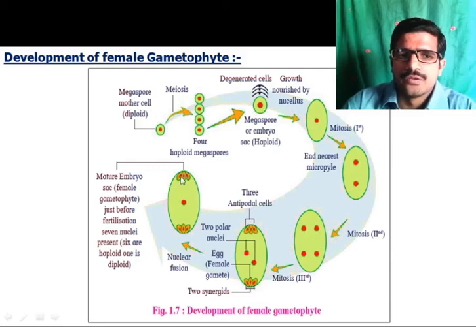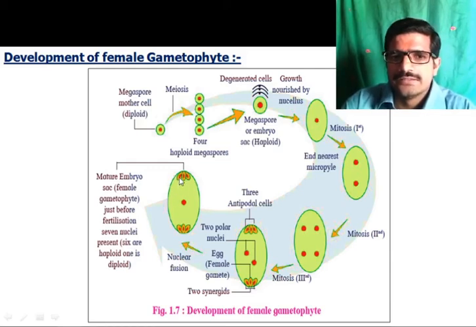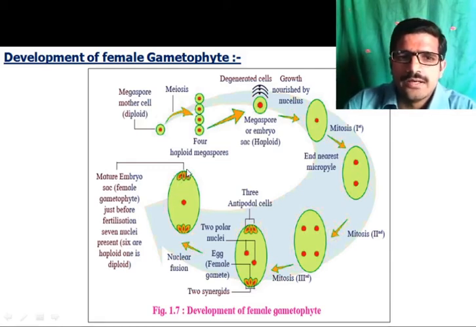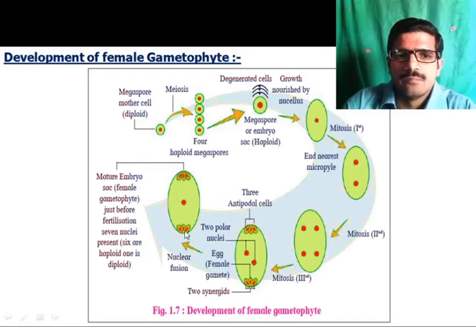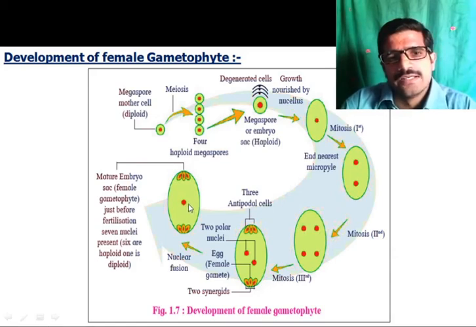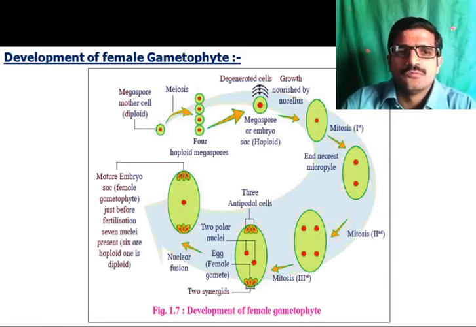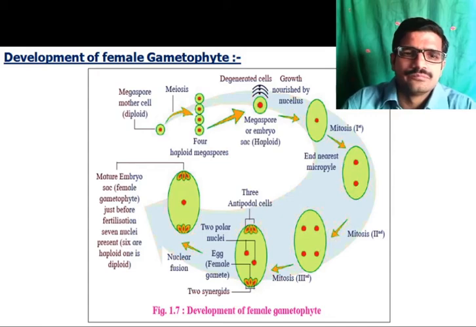So this is the mature embryo sac. In that, 3 cells are present toward the chalazal region, and 3 cells are present toward the micropylar region. In the center there is a single cell. It represents the two polar nuclei, also called the secondary nucleus. So this female gametophyte or embryo sac represents the 7 cell and 8 nuclear stage.